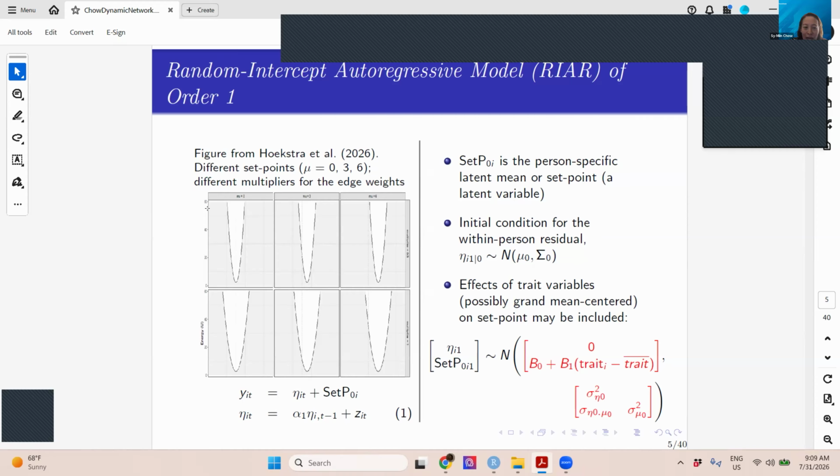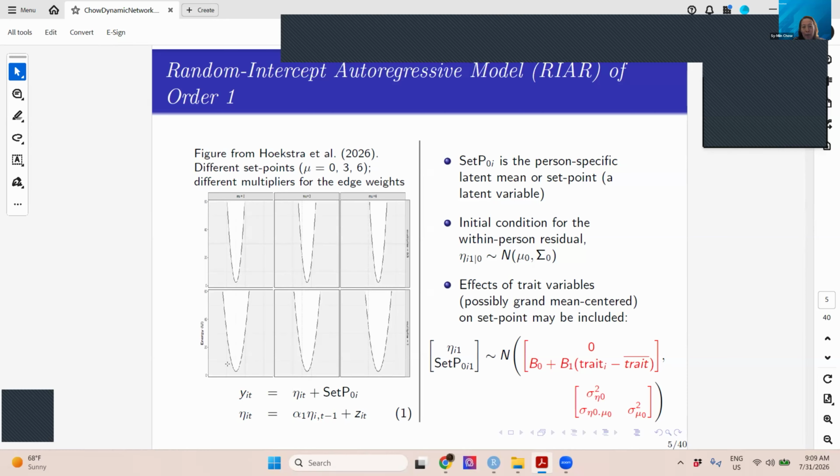But as I mentioned, unlike the Ising model or some other nonlinear network models that have basically two values, we only have one equilibrium, right? So in this case, regardless of whether you start here or there, you will move towards the equilibrium, the value right here. And the strengths of the edge weights can influence how quickly you will get to the bottom of the valley. If you compare the top panels to the bottom panels, the location of this equilibrium or set point is different, right?